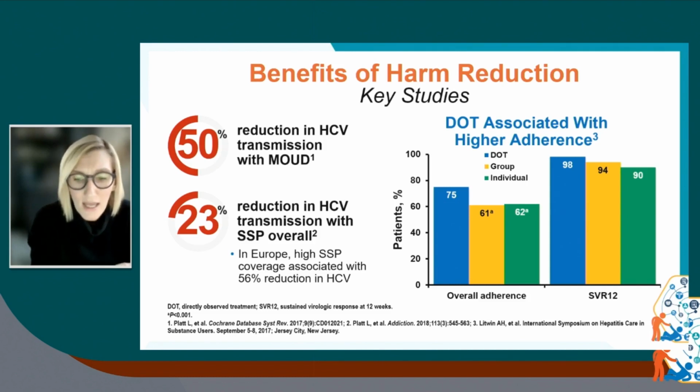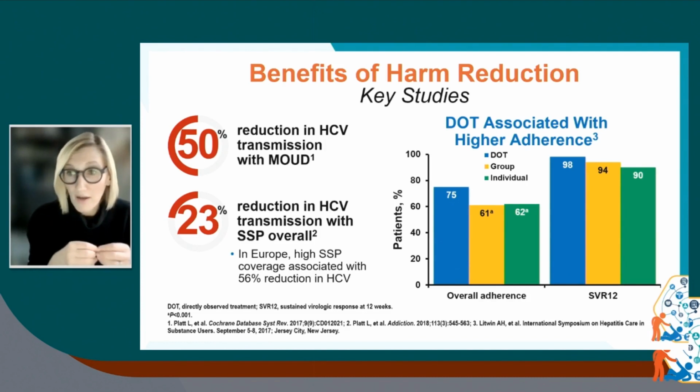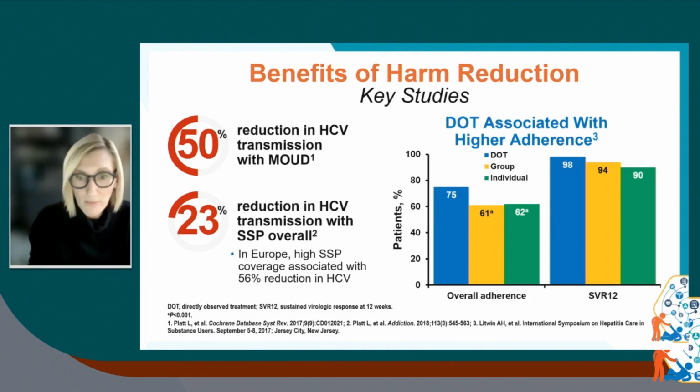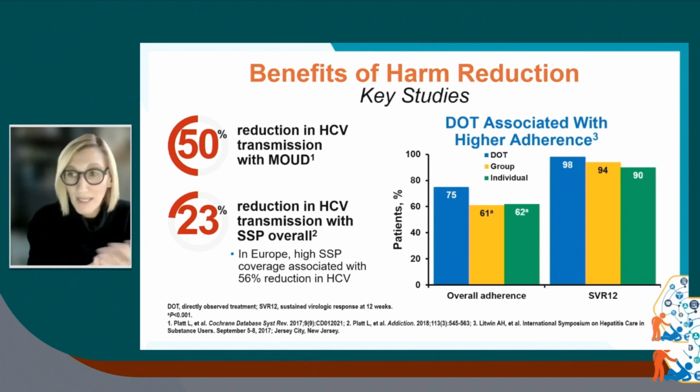And a study that looked at various models of MOUD care delivery, so both through directly observed treatment, group therapy, and individual treatment, showed high SVR12 rates, which stands for sustained virologic response at 12 weeks post-treatment,